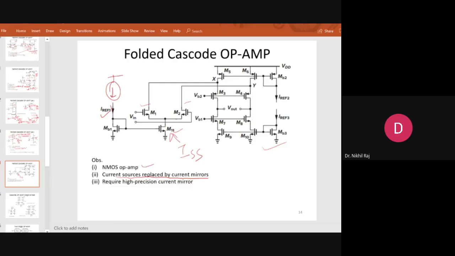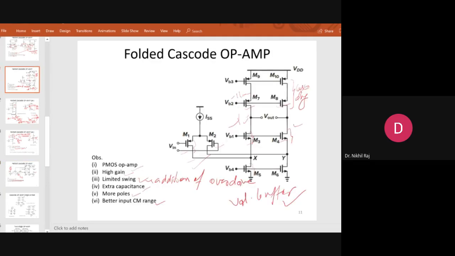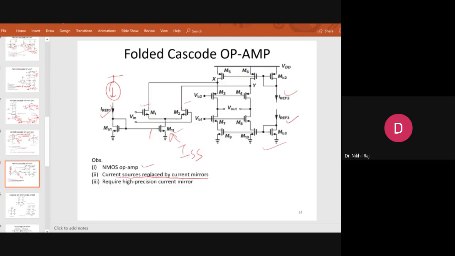And the current sources are replaced by current mirrors. Here I am using some reference current source. This will replicate the current here, and this way by using a single current source and modulating the magnitude of the current, we can give the different biasings. For example, in this architecture ISS was required, but whatever amount of current is required elsewhere is generated with the help of current mirrors. We are not using so many independent sources repeatedly, just one independent source, and with the help of current mirrors we do the biasing of the op amp.